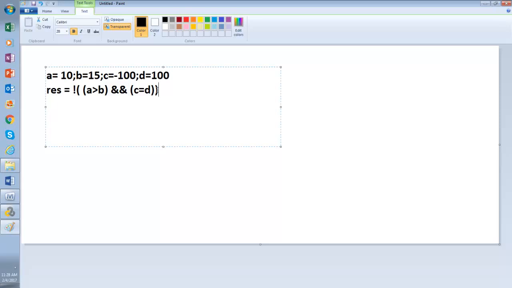So what will be the result of this equation? This is a Boolean expression, right? I want to see what the result will be. Can you calculate it? If you have pen and paper, can you calculate it?